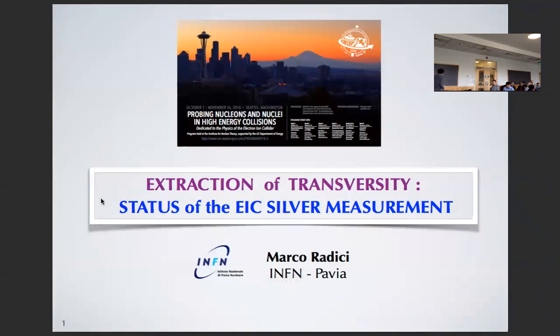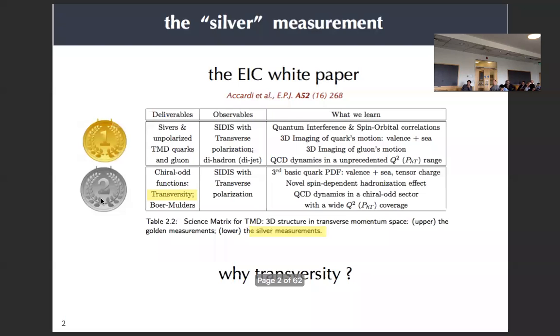Okay, so we now change perspective. We shift from longitudinal to transverse polarization, and we enter the world of chiral objects, like the transverse distribution. And in the title, I deliberately remind all of us that the extraction of transversity, if you go back to